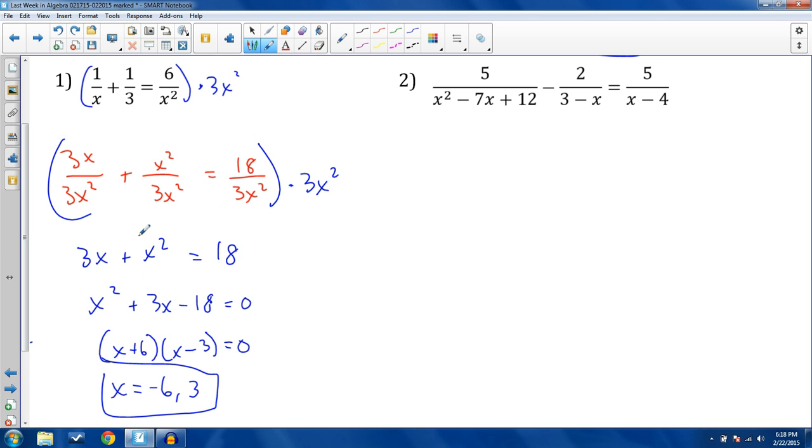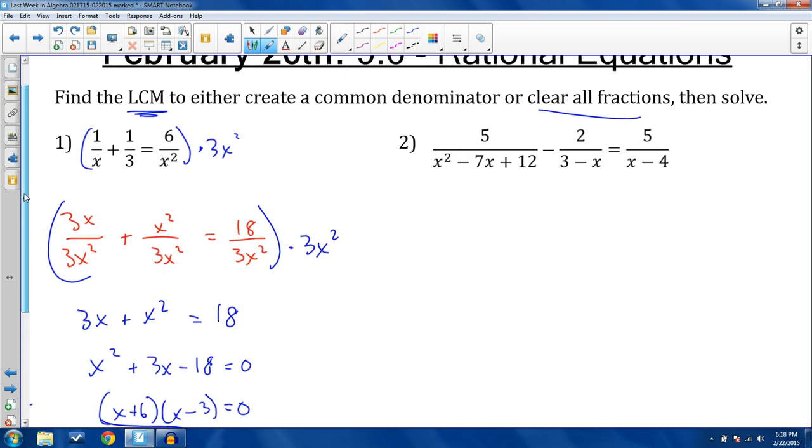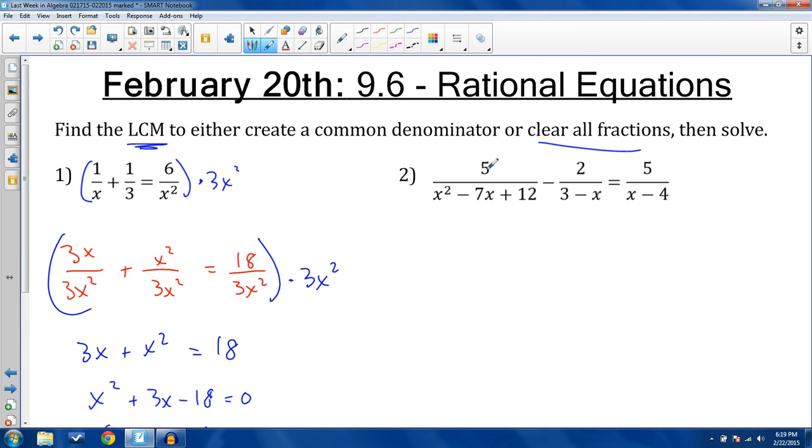The last problem, this one kind of hits it all at once. Got to find a common denominator. So first thing I'm going to do is start by factoring. This guy becomes x, well, let's see what it becomes. I don't want to erase it before looking. This is x minus 3 times x minus 4. So it looks like if only we made this one x minus 3, wouldn't that be something special? So we can. If we factor out a negative 1 from here, better yet, if we multiply top and bottom by negative 1 over negative 1,